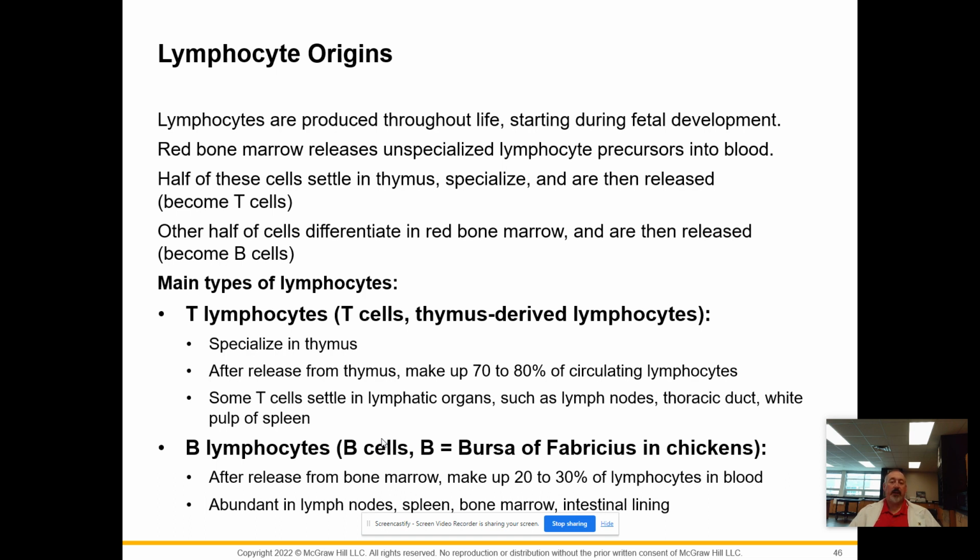But there are also some that are going to be in the red pulp. They're also going to be found in areas like our lymph nodes and those encapsulated regions, our thoracic duct, the white pulp of the spleen. These are all areas where we can find these T lymphocytes. Now,